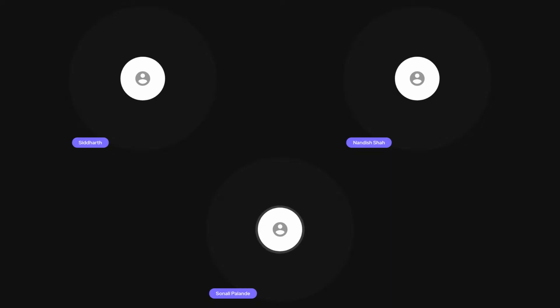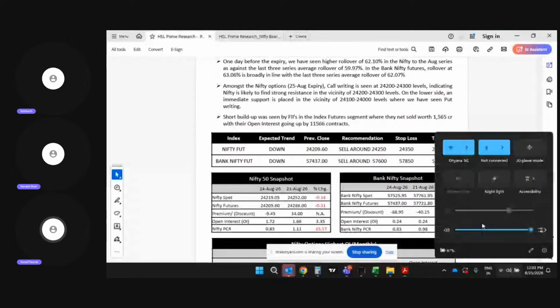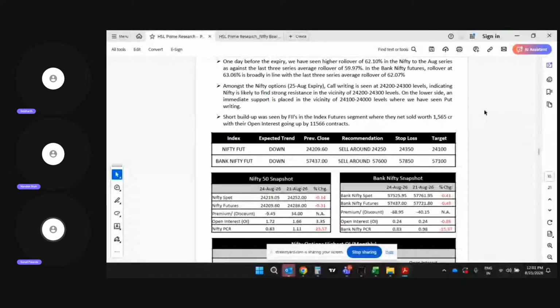So, good afternoon, everyone, and welcome to F&O Bazaar, our special expiry day live session. Today it's more special because it's the monthly expiry, which means the Nifty, Bank Nifty, Fin Nifty, Mid Cap Nifty, and even the stock specific contracts are going to be expiring today, which makes this expiry very volatile and very important from the trading perspective as well.